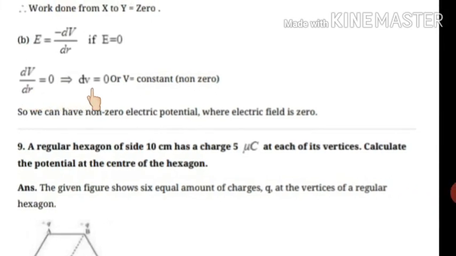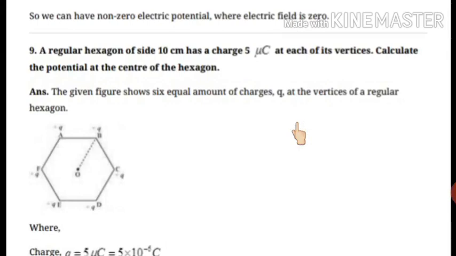And if the differentiation of V is 0, it means what? V is constant. And if V is constant, it means V can be non-zero. So we can say that yes, we can have non-zero electric potential where the electric field is 0. So even if the electric field is 0, we can have a constant, non-zero value for electric potential. So I think this is clear. Next question is